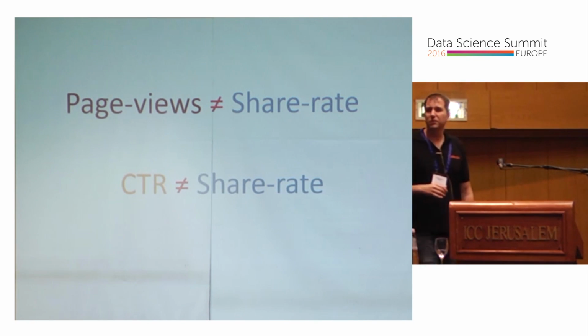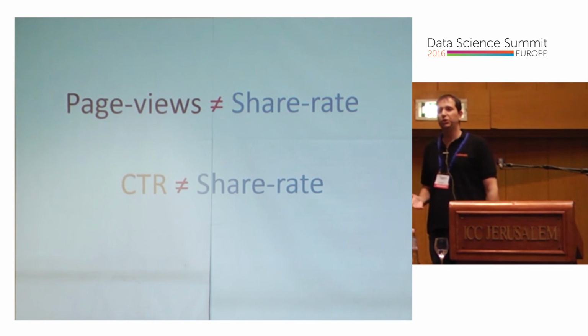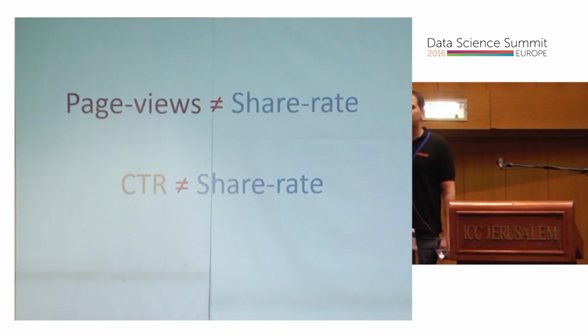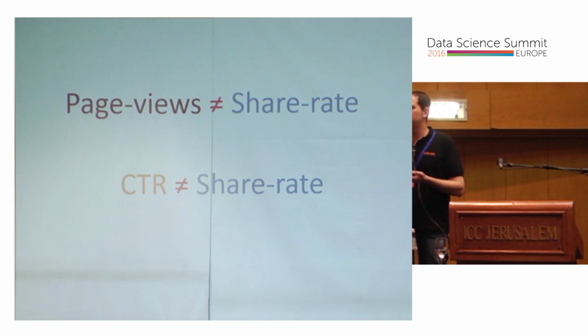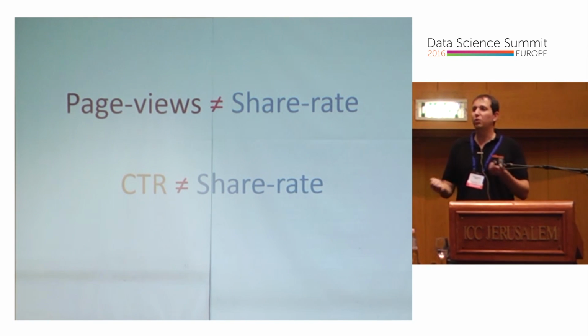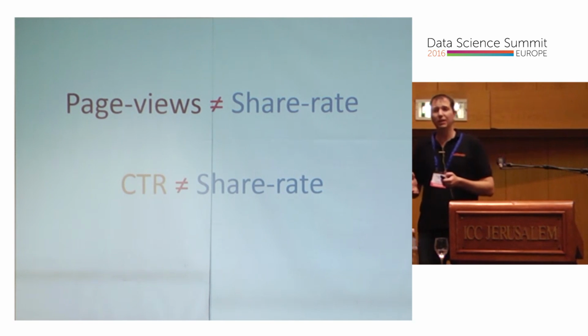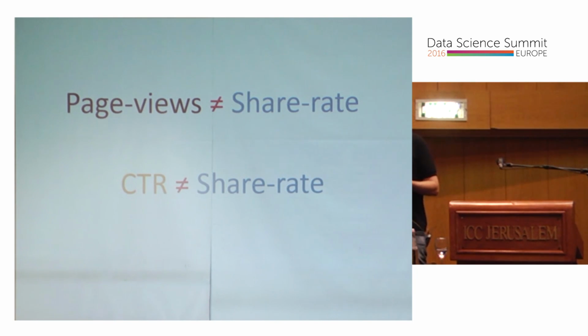The second thing was that we've seen that there's no relationship between what people click on the Outbrain widget and what people share. On the other hand, when you look at the correlation between CTR and page views, there is some correlation. It is far from perfect, but it is still positive. It's not 0. That led us to believe that perhaps if we can identify what is that difference between what shares encapsulate and what CTR and popularity encapsulate, we might be able to serve users with better content recommendations if we combine them. Of course, there is also the alternative that each one of these metrics suffers from different biases, and this is why they are uncorrelated.